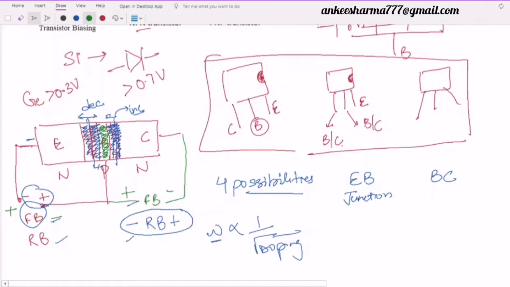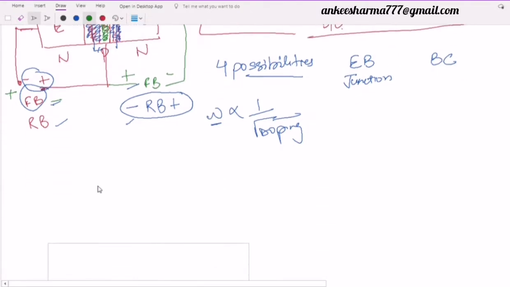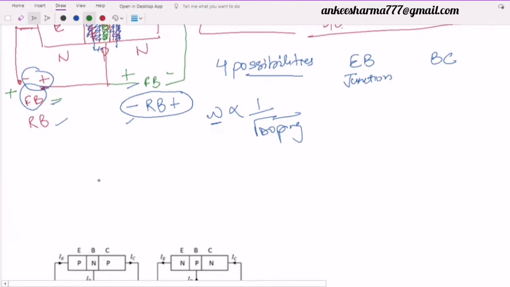Is it clear? So I have just discussed four types of biasings that could be there in the case of your transistor. Now depending upon these four types, I'm going to discuss the different operations. I have here an emitter base junction and the other is the base collector junction. In some of the books you will find them as JE and JC, that is simply the emitter and the collector junction. As base is common to both, we don't discuss that. So we are going to see how my transistor operates when we have different biasings to these junctions.